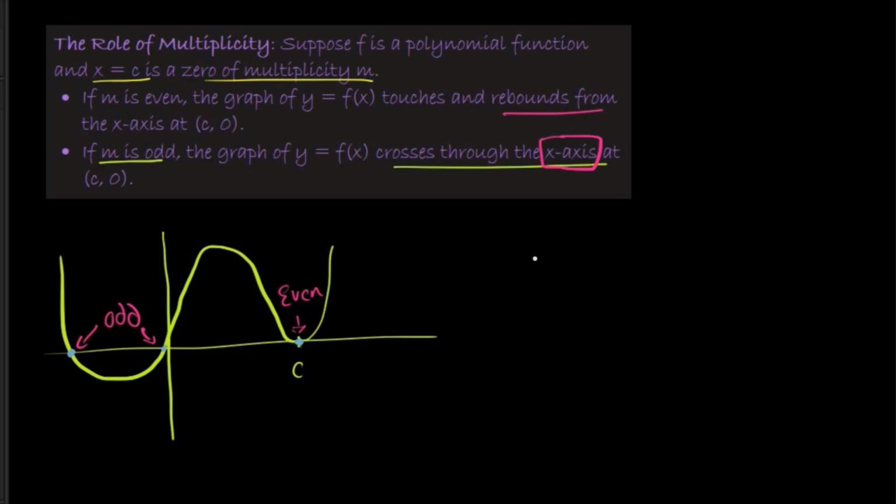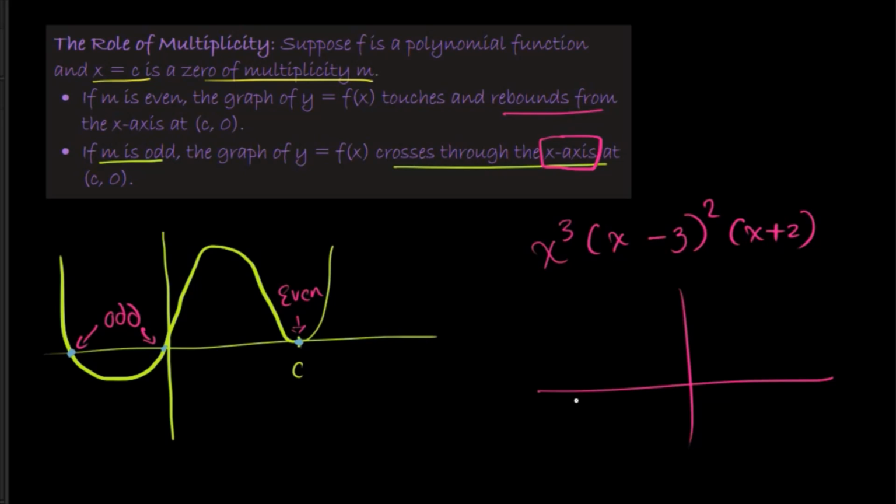Now let's do this example and we will be done with this। x cube, (x minus 3) whole square and (x plus 2)। So if I want to graph this, let's see. ग्राफिकली वो मेरे से जमेगा क्या। उप्स, बाप रे, नहीं, I cannot risk so much. So if this is the graph, इसका मतलब ये है कि जहां जहां पे it crosses वो odd multiplicity, और जहां जहां पे it's rebounding it's even multiplicity।